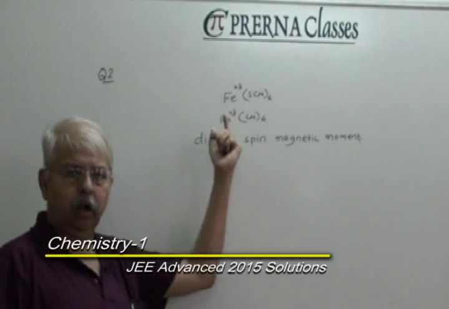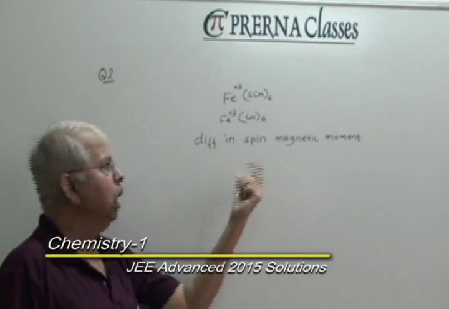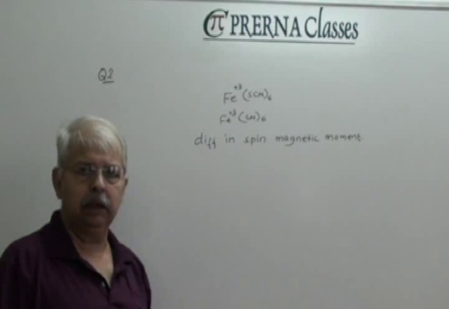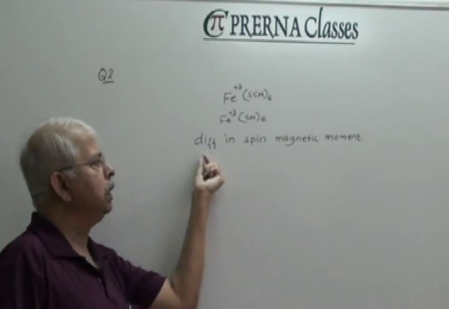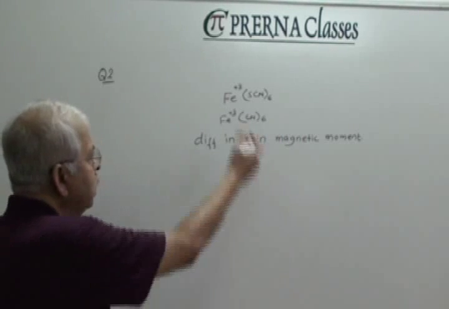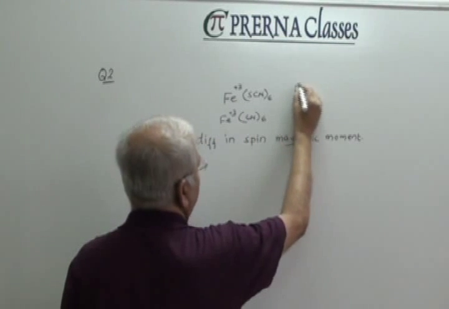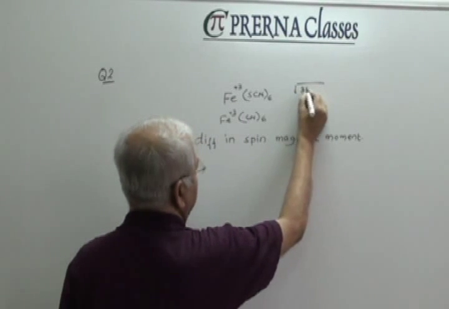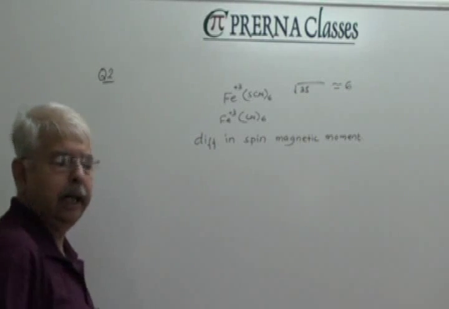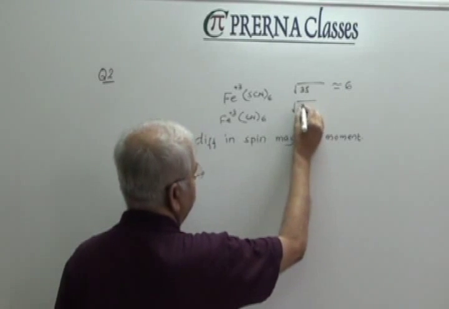For the octahedral complex of iron, both in the plus 3 state, in one case you have SCN ligand and in the other case you have CN ligand. Now he has asked me to calculate the difference in the spin magnetic moment in the two cases. Since this is the weaker ligand, here the spin magnetic moment comes out to be √35, which is roughly equal to 6. And here the spin magnetic moment comes out to be